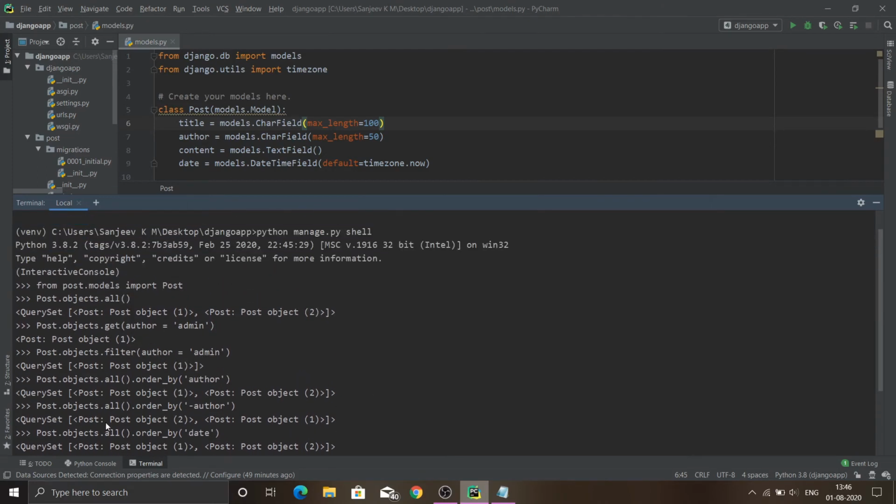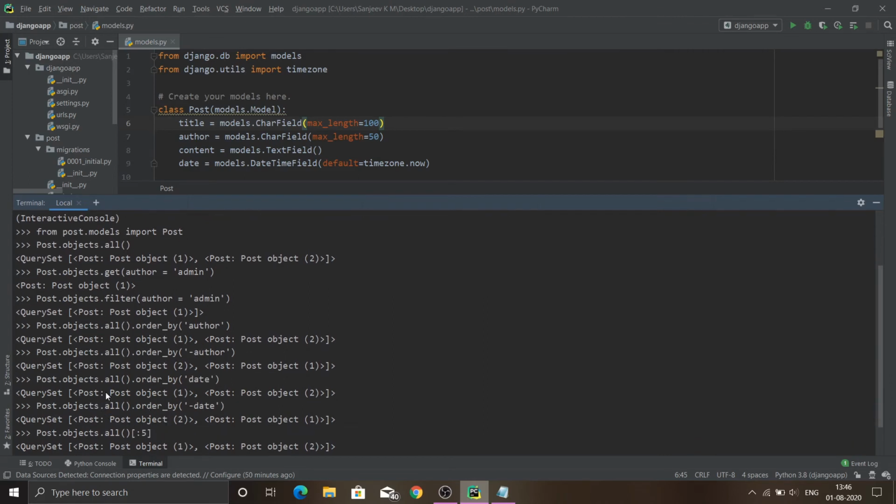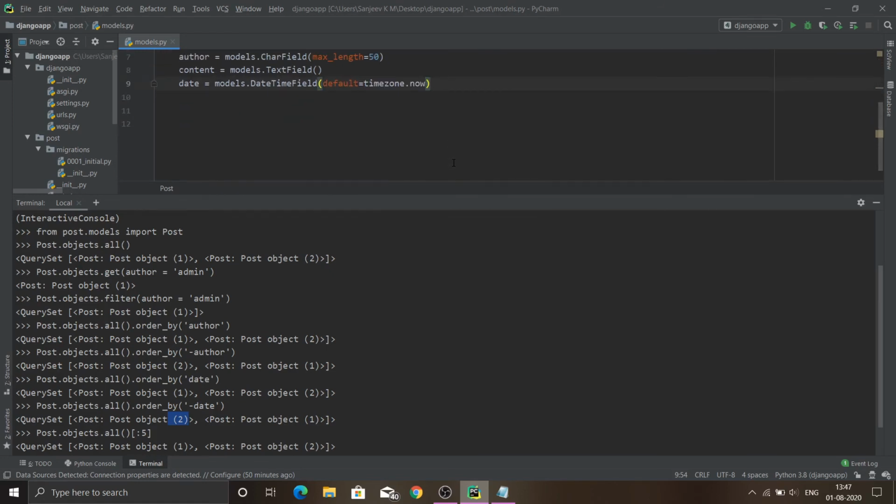As you can see here, this Post object 1, Post object 2 seems annoying, and it is not a nice way to represent our model. It would be better if it showed the title of the post instead of this object and pk. To do so, we have to provide a double underscore str method in our model, which returns the format on how to display those entries.